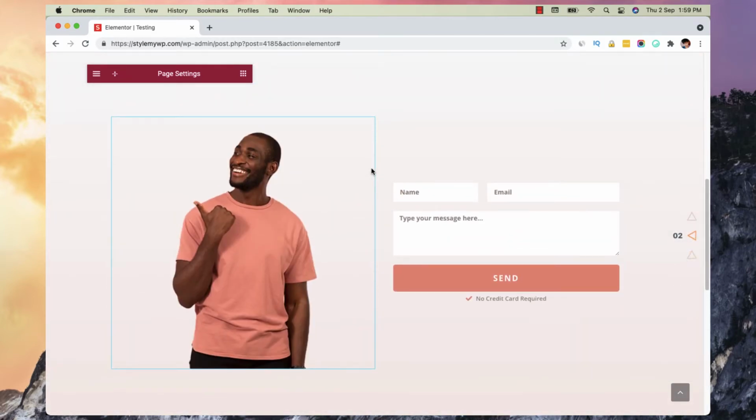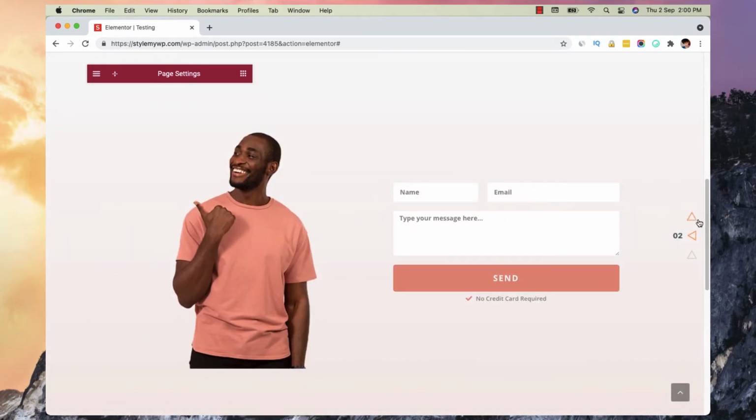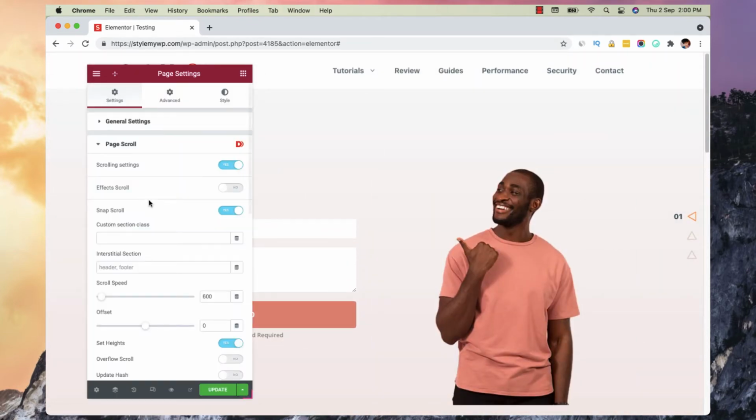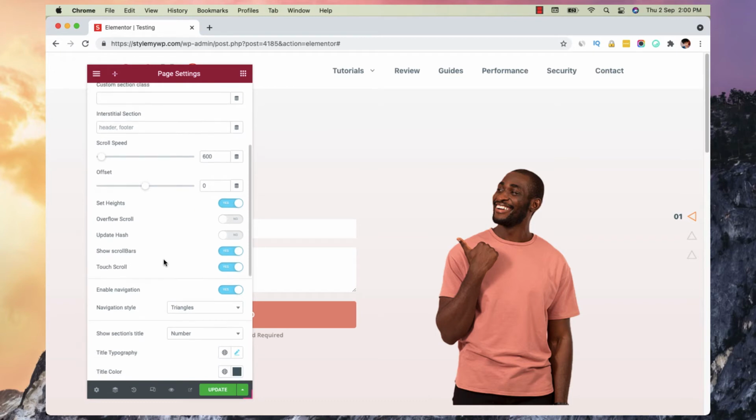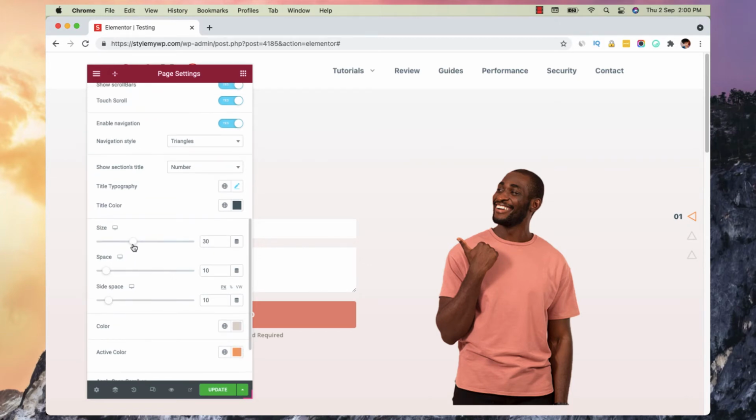Okay, like a snap feature, right? And these arrows you can change, like here you can change the color of it, and for the active color I have given more opacity and less opacity, and then I have given it a size. You can give it any size, right?